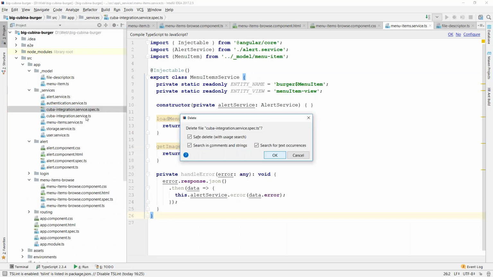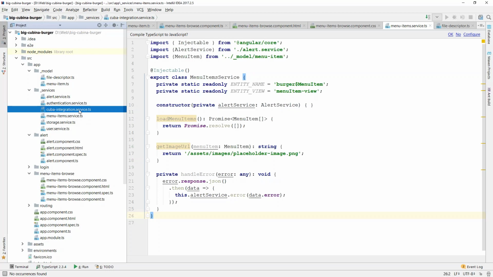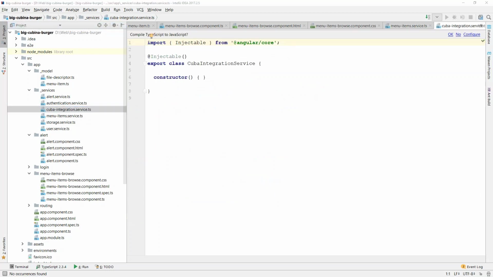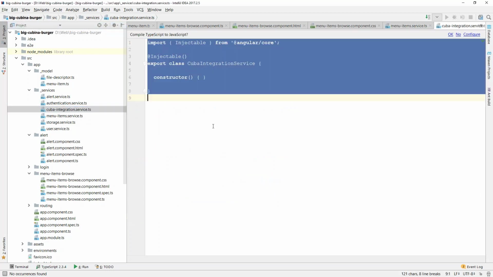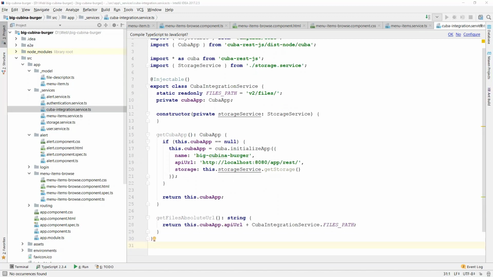Okay. And let's add the following. This service creates an instance of Cuba app and returns a URL to obtain a file represented as the file descriptor entity. So here getFilesAbsoluteURL.